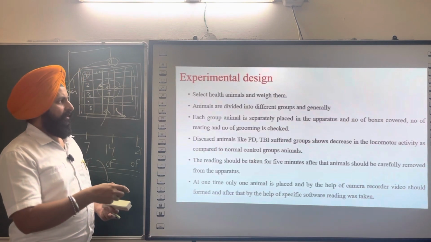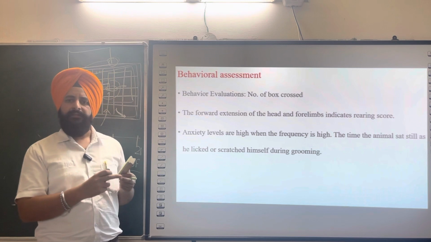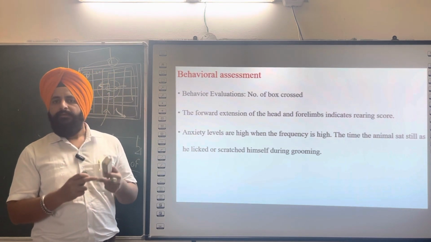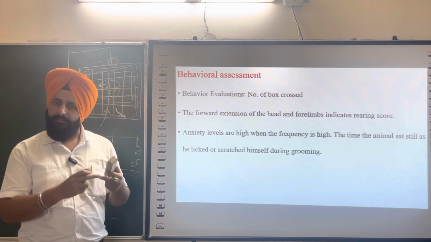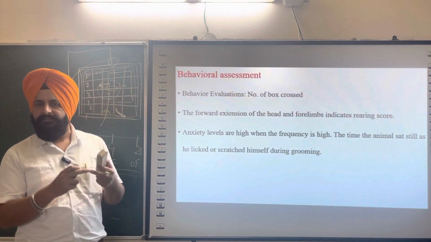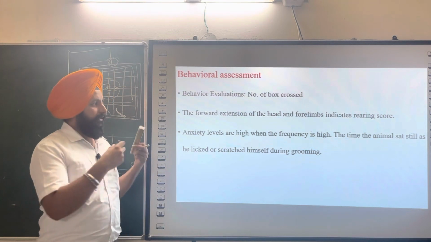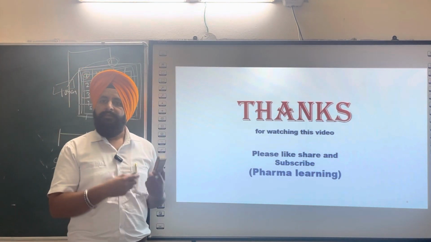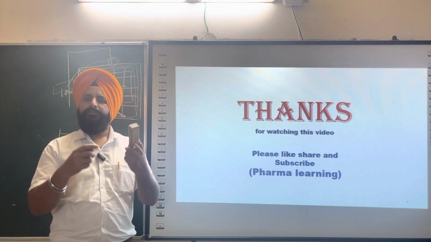So in this practical I will conclude that this is a basic behavior instrument which is used to check the level of anxiety, and to check locomotor activity, because locomotor activity is reduced in Parkinson's in rodents, as well as in traumatic brain injury, where it is reduced in the disease group in rodents. So you can easily analyze the efficacy of your drug and this apparatus will be very beneficial to you. This is the practical series which I will continuously share with you.